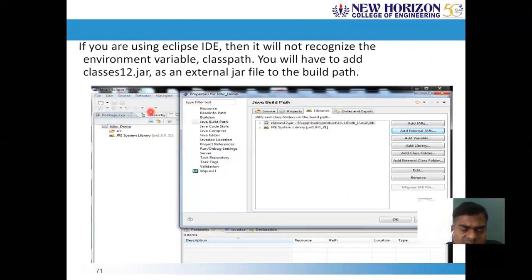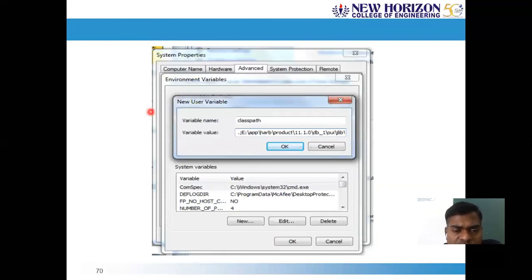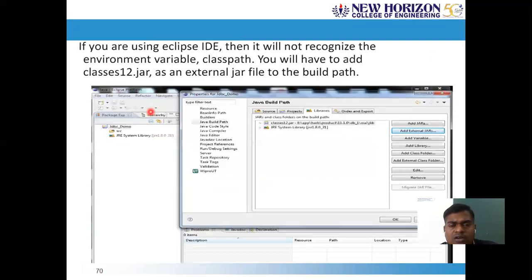So for this configuration, there are two things. One is we should edit the class path environment variable, or we should include the classes.jar file as a part of your Eclipse, in order to overcome the errors that may be generated due to non-inclusion of the SQL package.